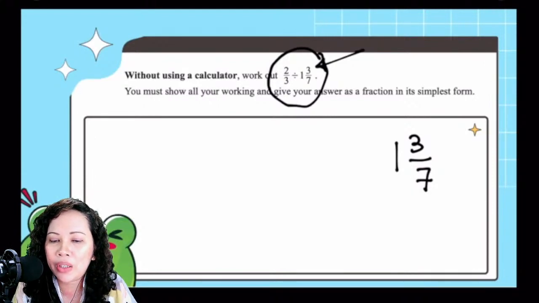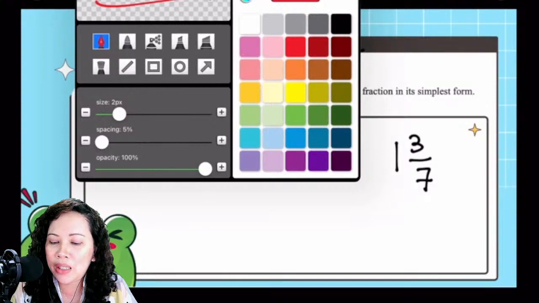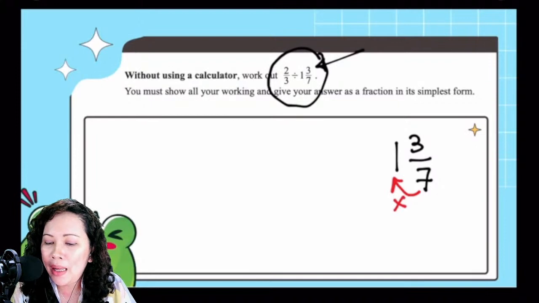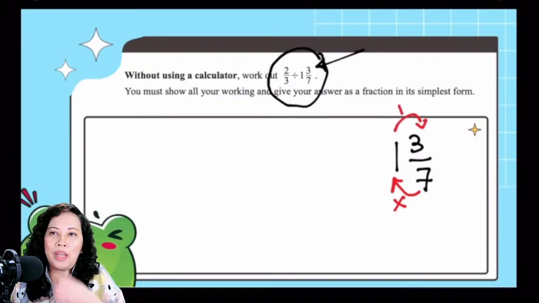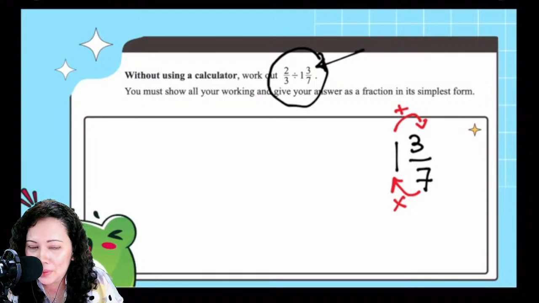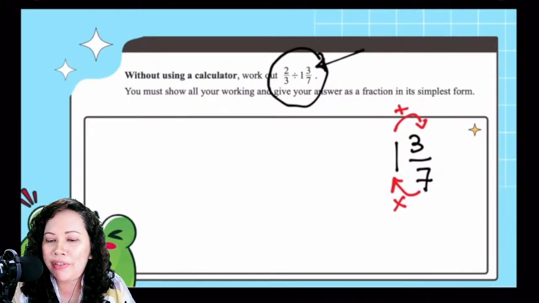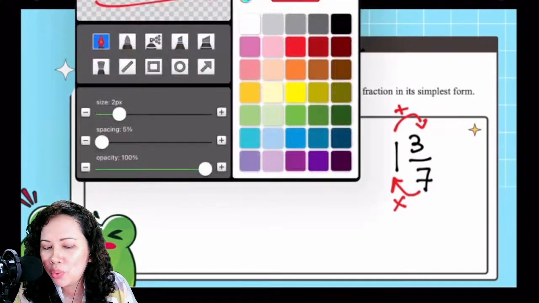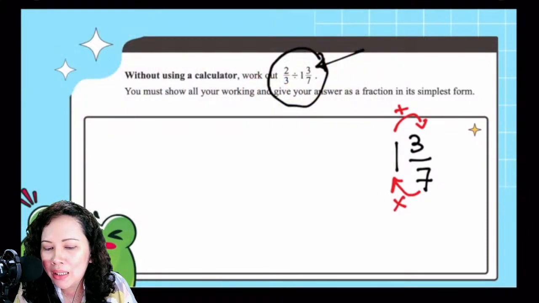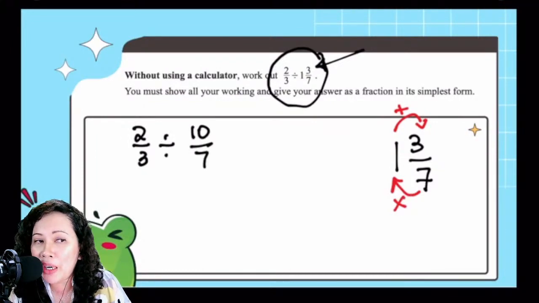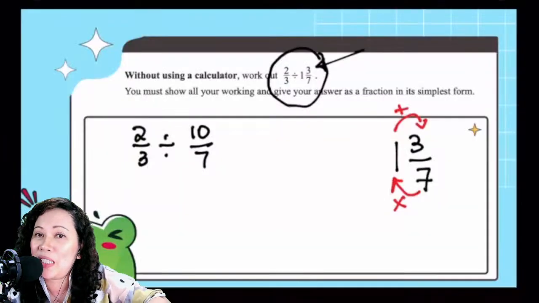I will use a different color so that you would see the difference. You multiply the denominator to your whole number, and then you add. So you multiply, that's 1 times 7, and then you add 3, so that will be 10. So that means you will have 2/3 divided by 10 over 7. And according to the rule of fractions, for you to be able to do the operations,